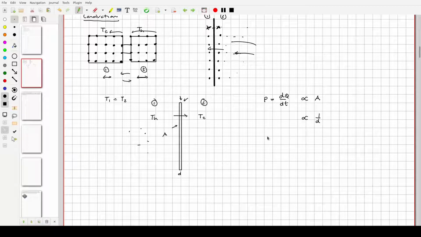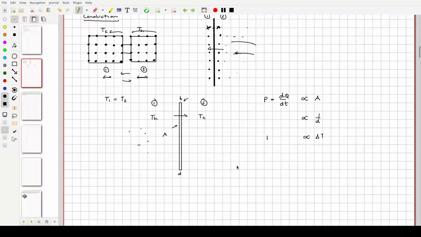Now, it's also proportional to the change in temperature. The bigger the change in temperature, the more kinetic energy on one side that you have in comparison to the other. So the energy loss is actually faster. Okay? Now, if you put all this together,